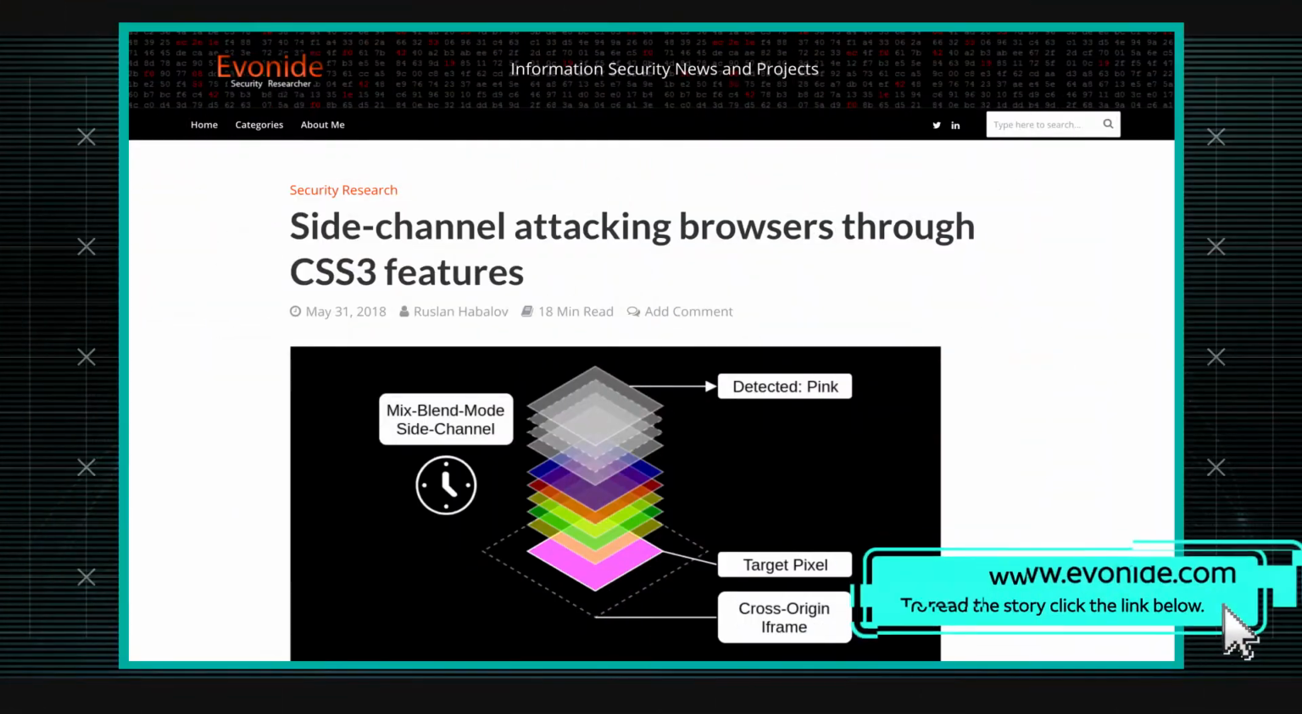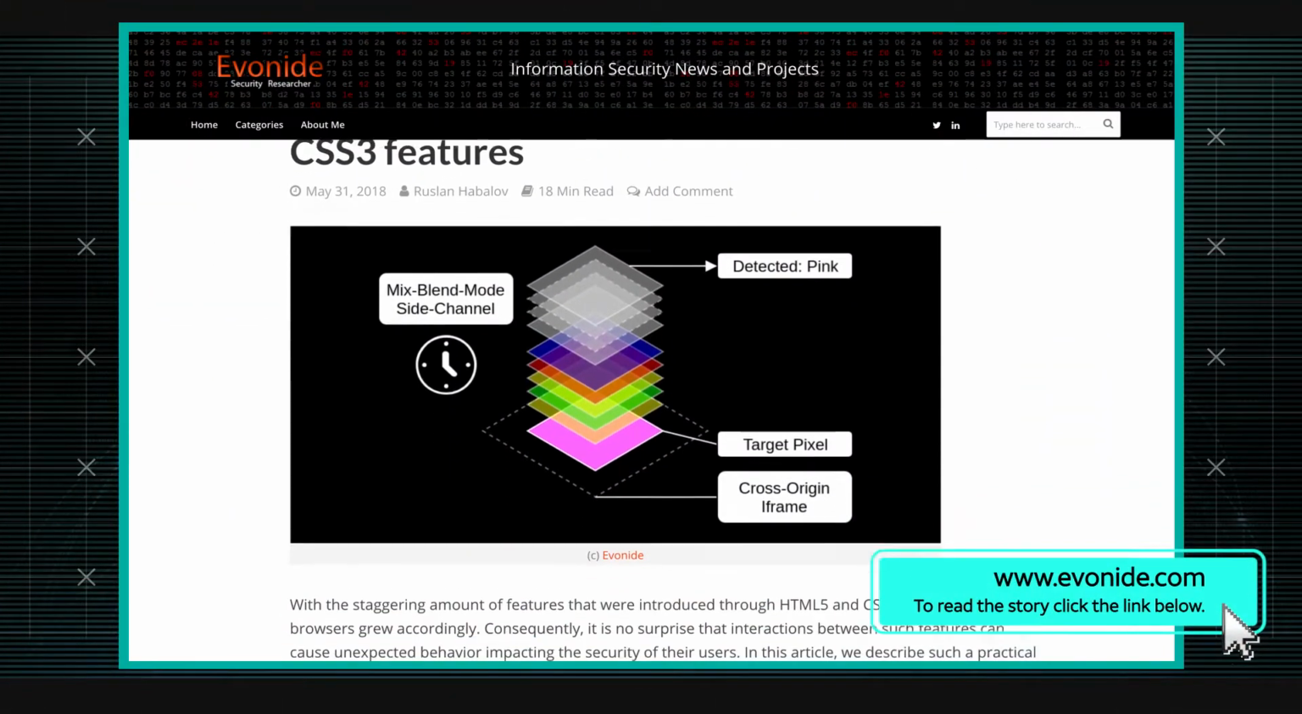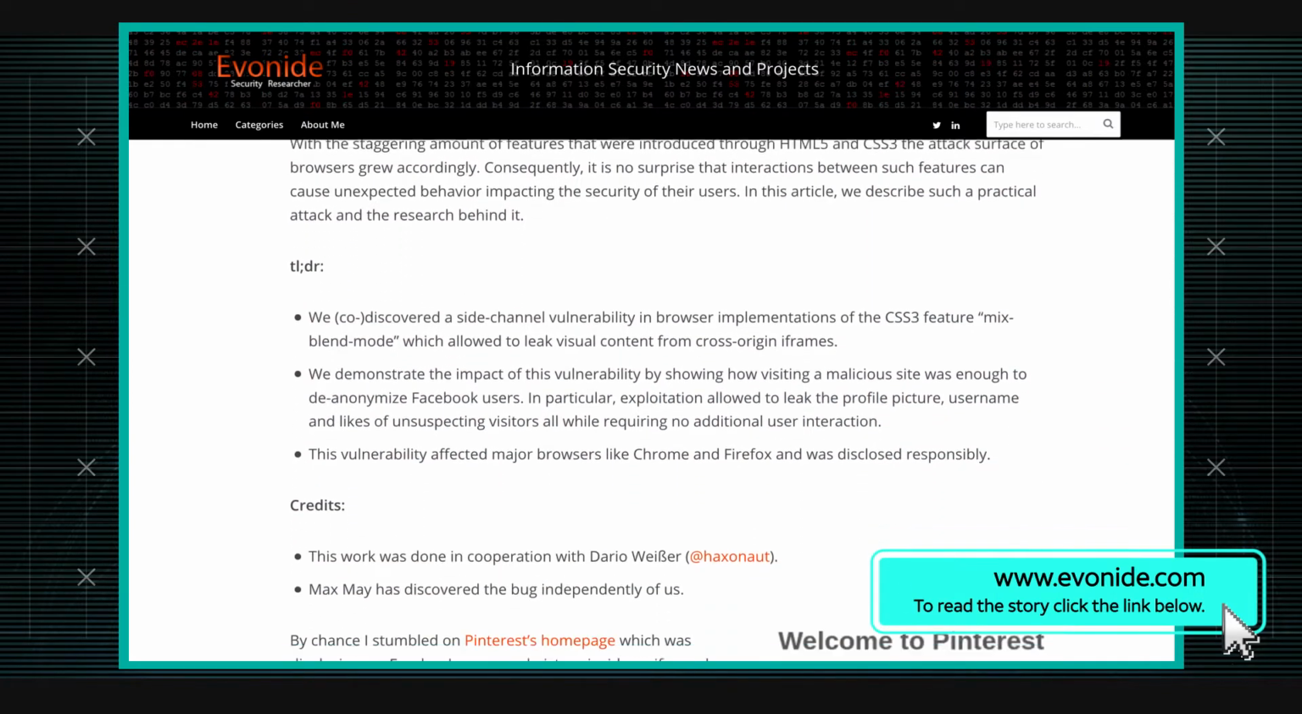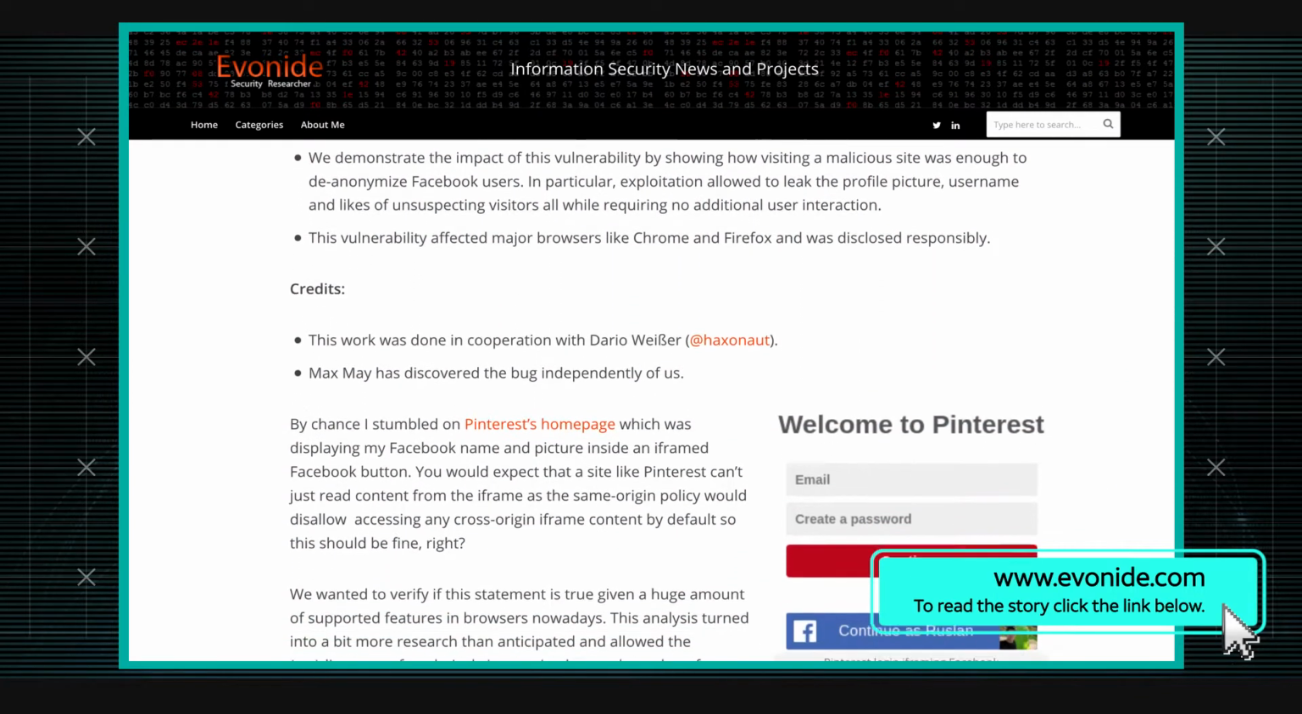So you can put an iframe around, so you can put a site within a site, but you're not allowed to really access the memory. But with CSS, which is a way of styling the way the content appears on the site, you can put a layer of something on top of something else and blend them together so the colors are blended. And it turns out that you can use this as an interesting side channel attack